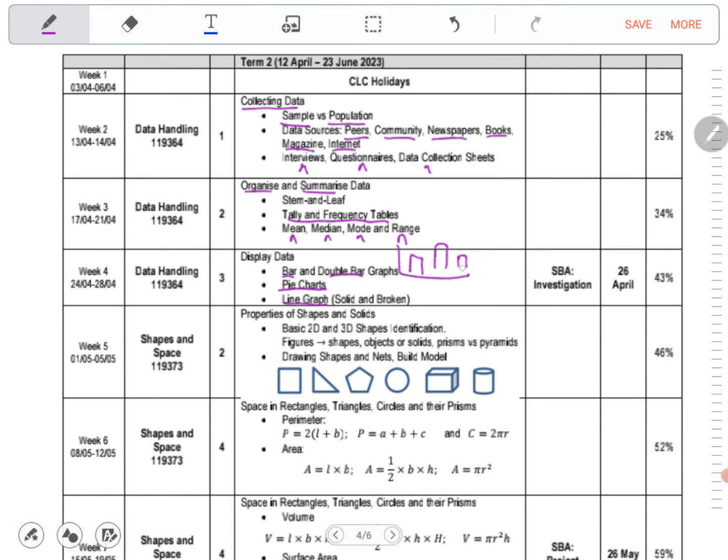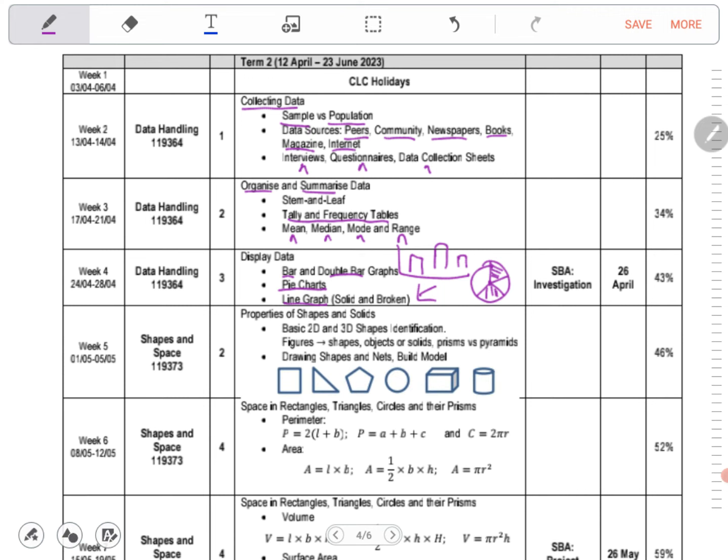So that will be your bar graph, whilst your pie chart will be something like a circle where you would represent certain amounts like this. So then that is how your pie chart will look. And then a line graph would be, maybe you can represent it as a line like that. Okay, now moving on,